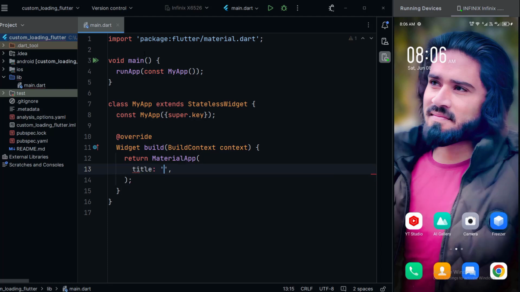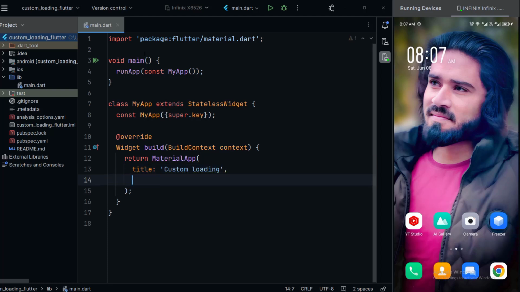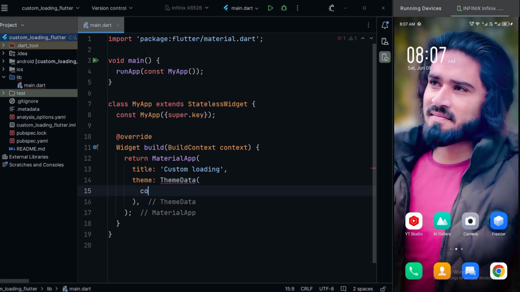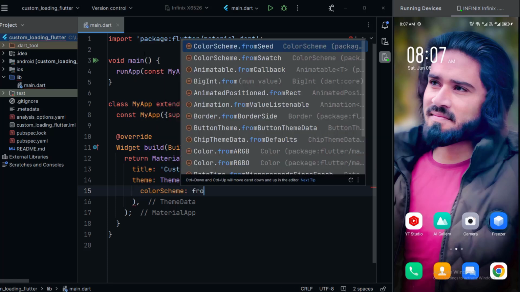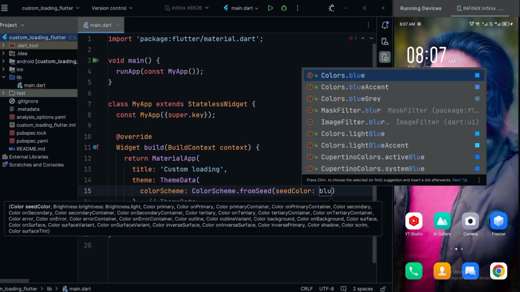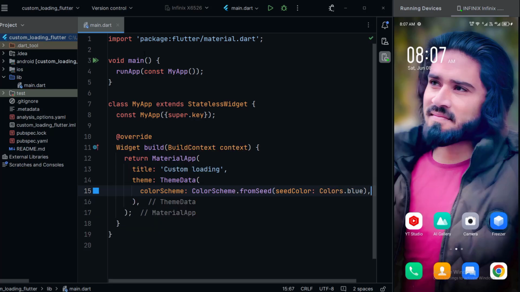First of all, let me give title custom loading, and after that theme. Here I can pass theme data, and here color scheme from seed, and here we can give any color, for example blue color. I will use here material 3 like this, and here I need to give home, and let me create home screen here inside lib